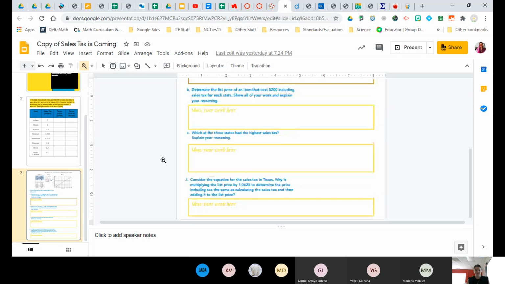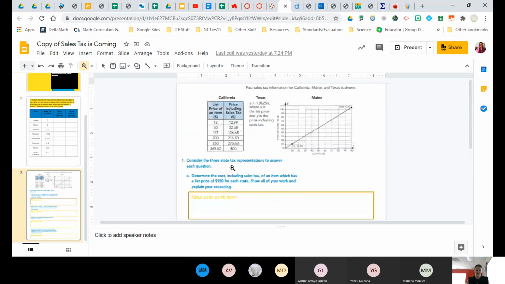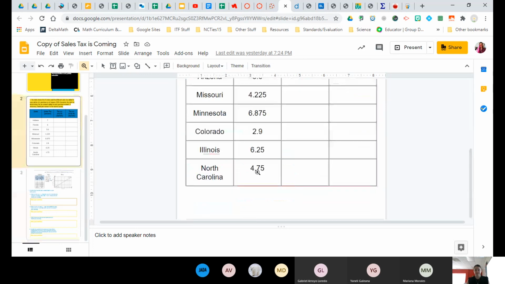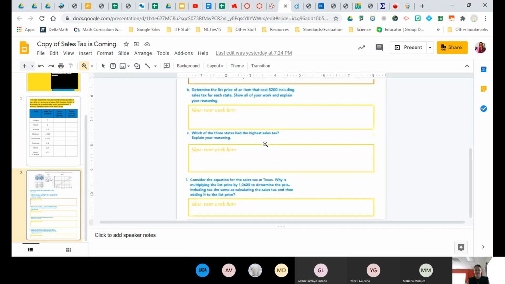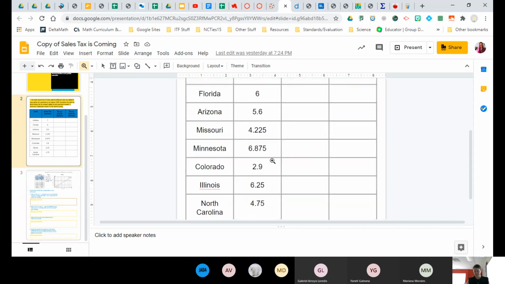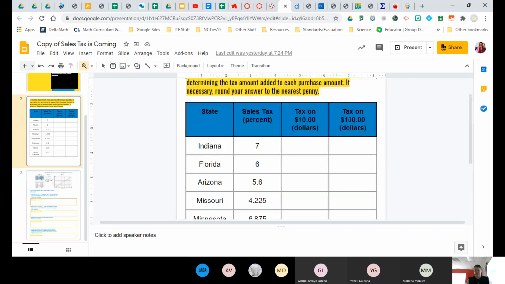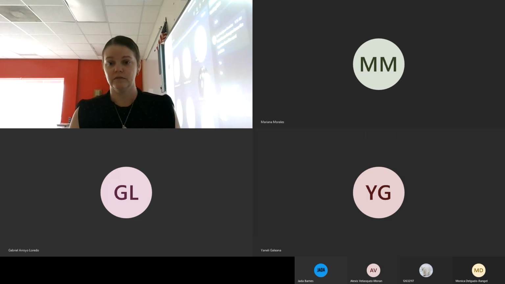And then the second slide, or third slide, I guess, you have a table, an equation, and a graph, and you need to use those to answer the 4 questions that are on that page. Any questions about your assignment? If there are no questions,